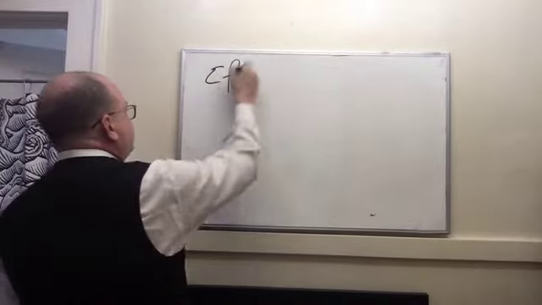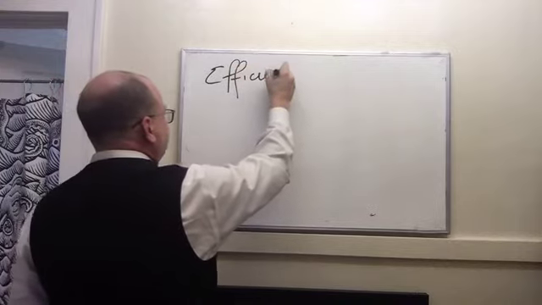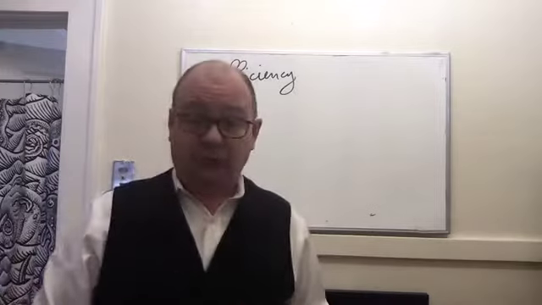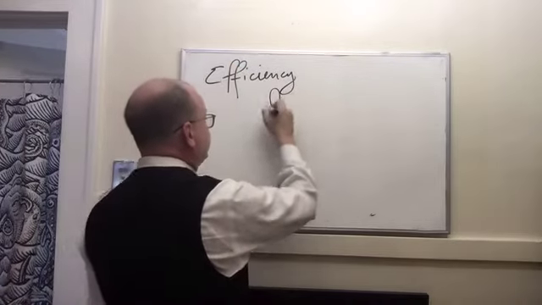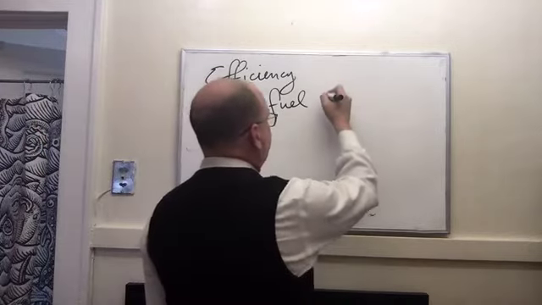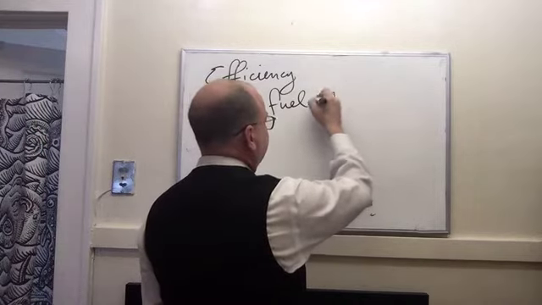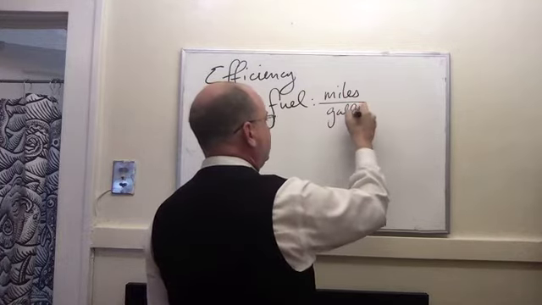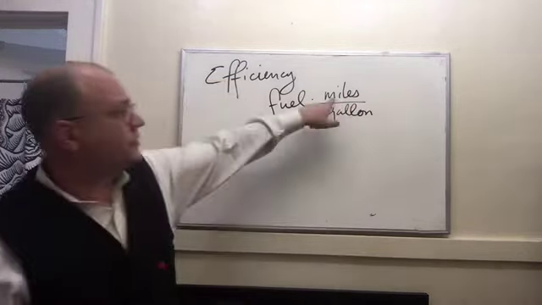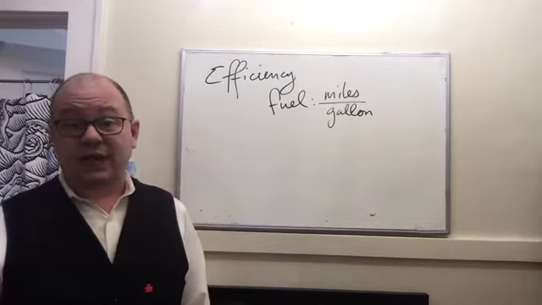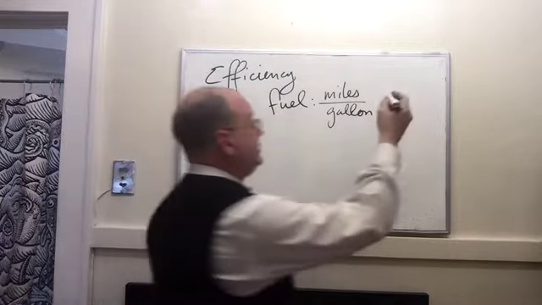Now, efficiency. Some examples of efficiency that we might think about. A big one would be fuel efficiency. Many of us are used to that. In this country, we talk about miles per gallon. In other words, the miles are the value that we're getting out of this, and the gallon is what we're giving up. On the other hand, in Europe,